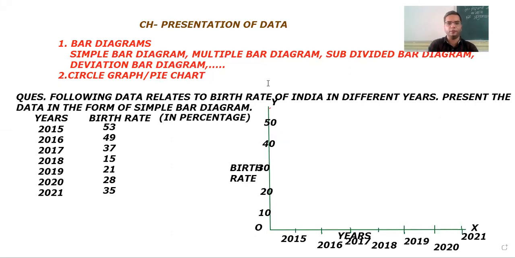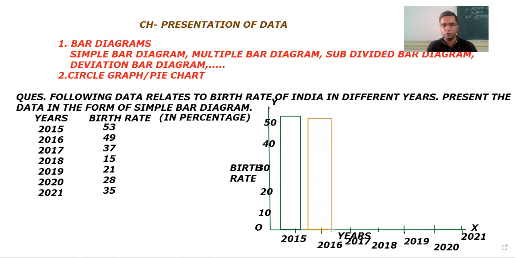Now let's make 2015. Let's make the bar graph now. 2015, 53. In 2015 I have 53. That means of course मुझे क्या बनाना है, मुझे ग्राफ बनाना है. 53 मतलब somewhere इधर बार बनाना है. देख रहे हो, this way I'm going to make a graph. ये मैंने बार बना दिया बेटे. I made this bar. This is your bar of 2015. Now 2016, 49. 50 से बिल्कुल थोड़ा सा नीचे.